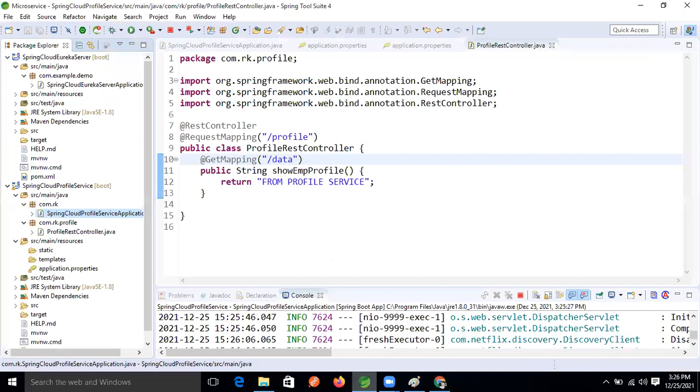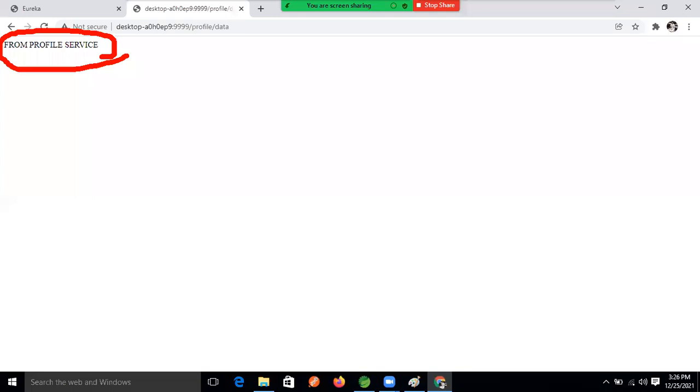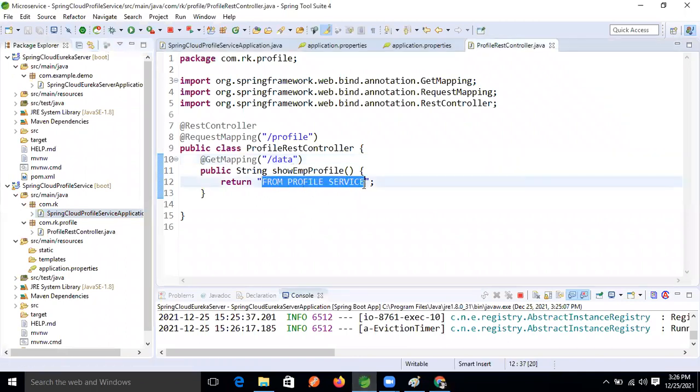So we are getting that result, right? Explicitly we are doing this one. This microservice is running perfectly, from profile services, but this is not the main story; the main story is going to start now, guys. So don't bother about this one. This is the IP address my computer is showing now. And this response from profile services is what we are getting on the browser.